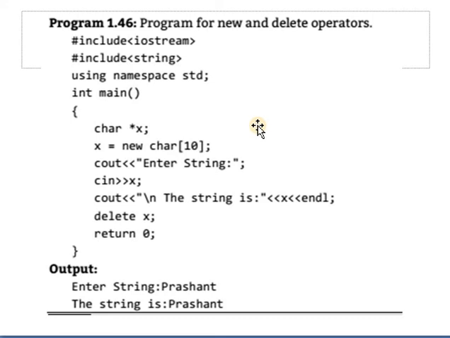Here in the main function, one pointer variable of type character is defined.